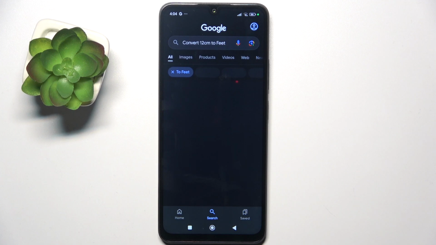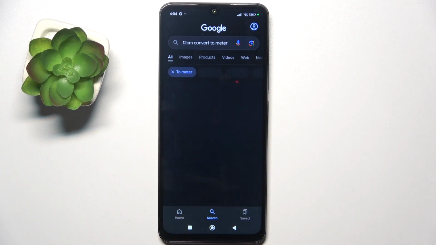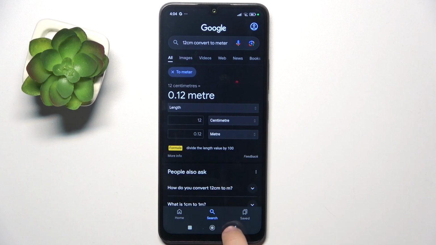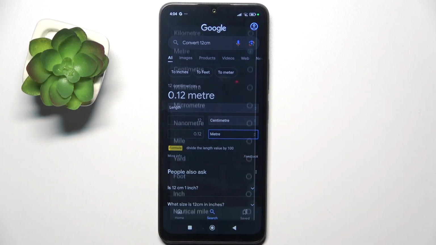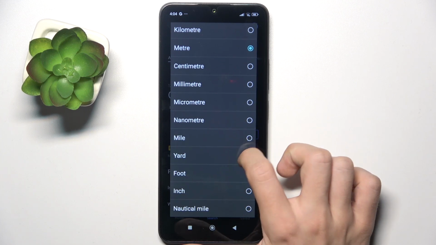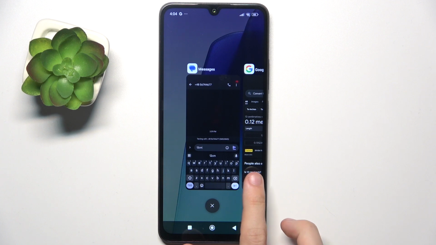to feet, to meter, or you can choose any unit you want here, for example to yards. And that's how you convert these